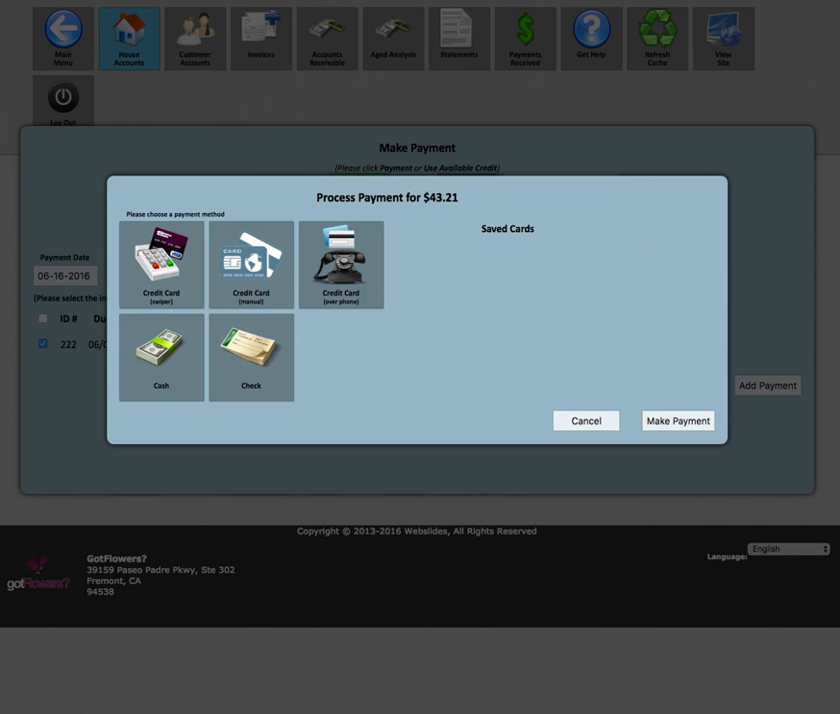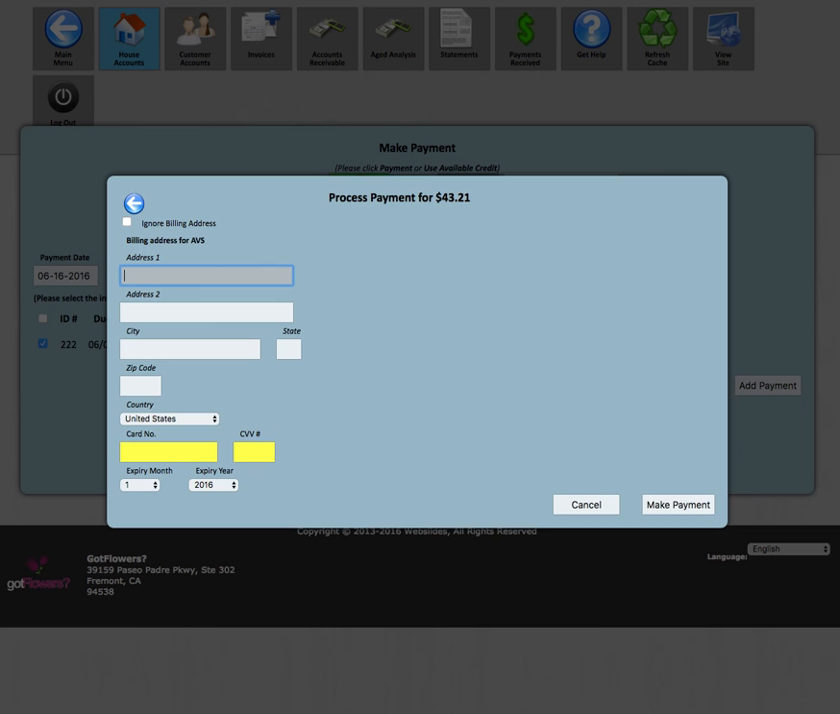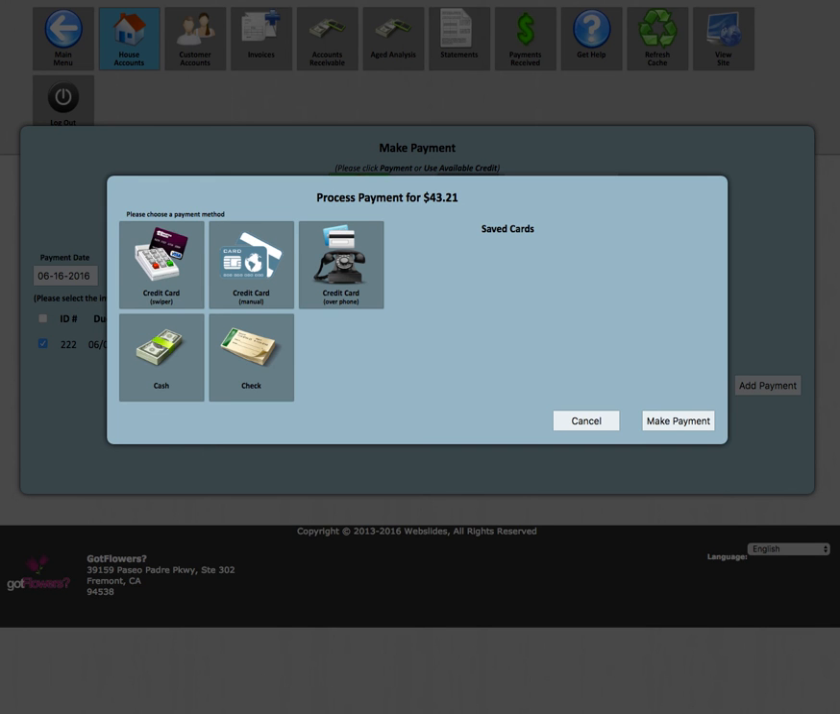make payment. If it's by telephone and they're giving you a credit card, it is going to prompt you for billing address and credit card number. You can also ignore the billing address if you choose to. And should they have a credit card on file, it will be listed here under the saved cards list, and